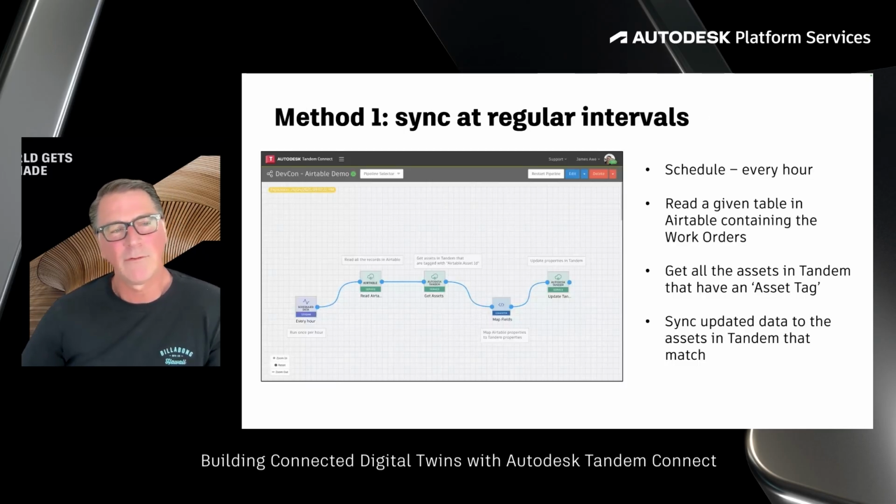So we have 2 different examples here of different pipelines and ways to approach it, just for illustrative purposes. The first one is pretty straightforward. It just says once every hour, go read all of the work orders and then match them up and update the data in Tandem. So once an hour, it would get refreshed with anything that had changed in the work order system. And so just to see how that works, let's go